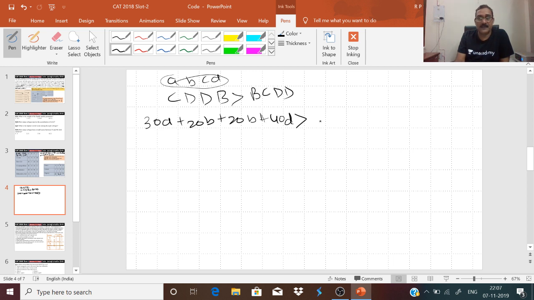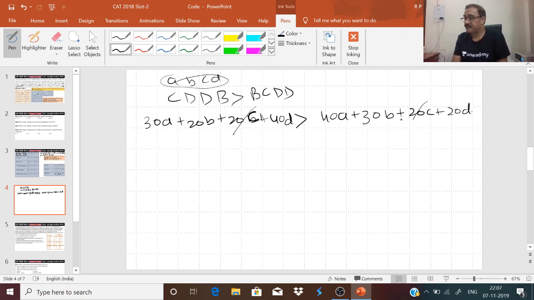It is greater than B. B means 40A plus C, that is 30B, and D, that is 20C, and again 20D. So guys, one thing, it is a C, guys, it is C. By mistake I wrote this. 20C is cancelled by 20C, right? 20C is cancelled by 20C, and